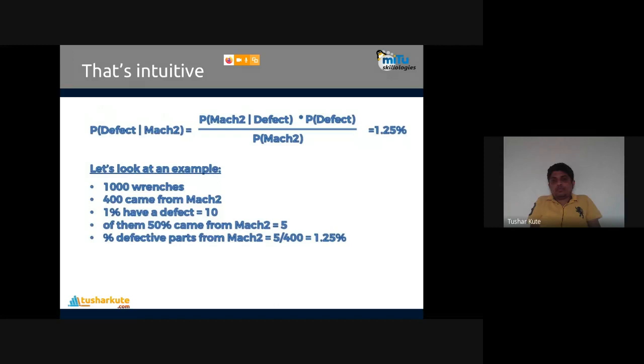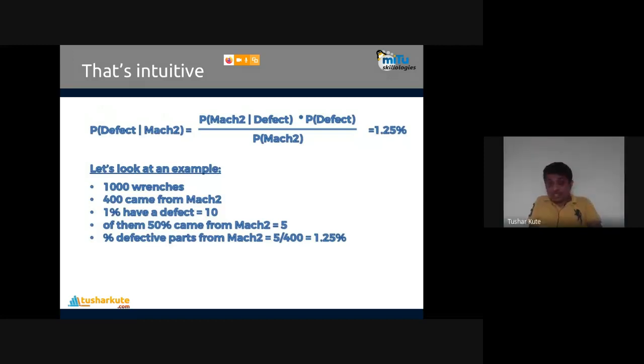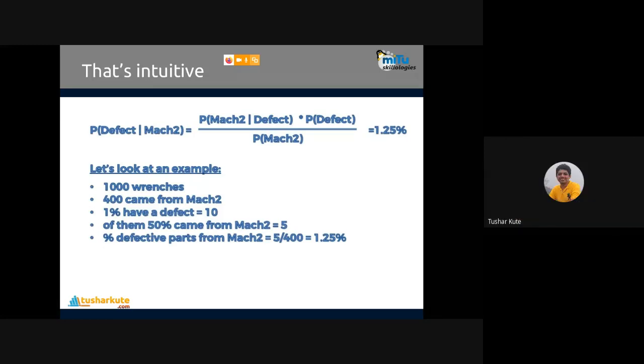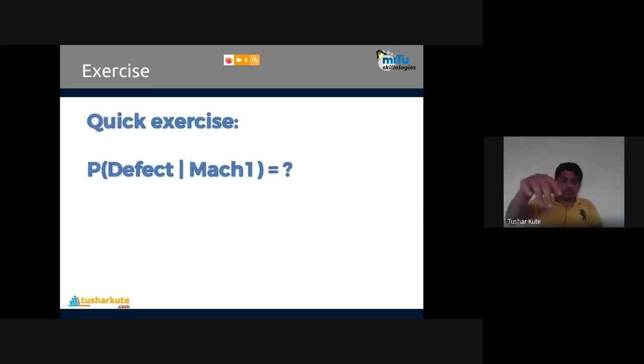It's called conditional probability. So conditional probability is used in Bayes' theorem basically in this particular way. This method is followed to find a conditional probability. The part from machine 2 is 40%, and the part from machine 1 is 60%. But the defective part being from machine 2 is 1.25%. And just the inverse of that, you can find on your own too.